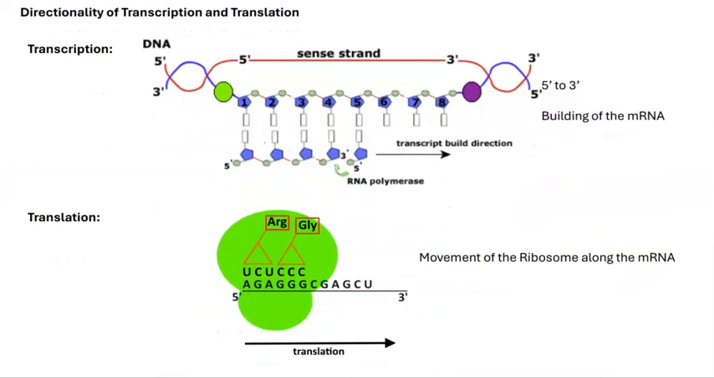Okay, so the first thing is the direction in which transcription occurs is noted as 5 to 3. Now this phrase 5 to 3 is referring to the building of the messenger RNA molecule. And that relates to the idea that the RNA polymerase, which is here, is adding the 5' carbon to the